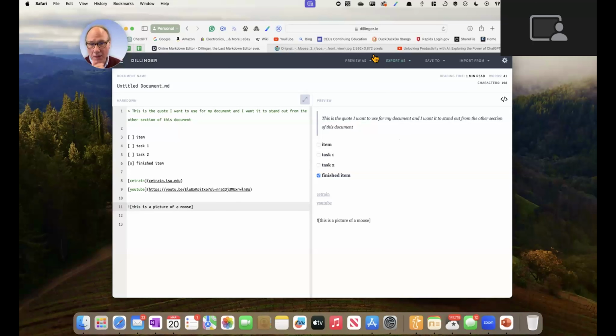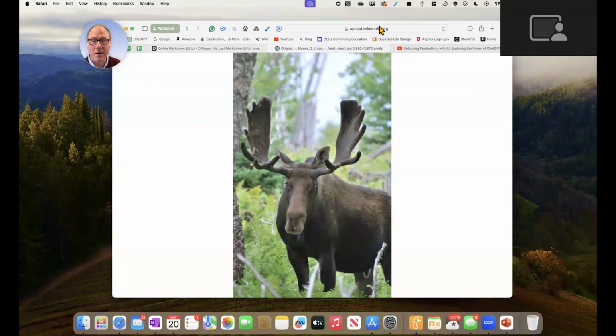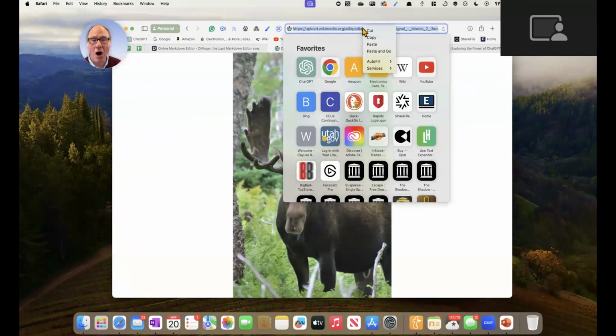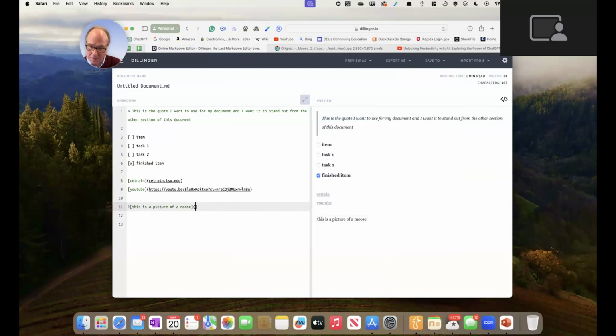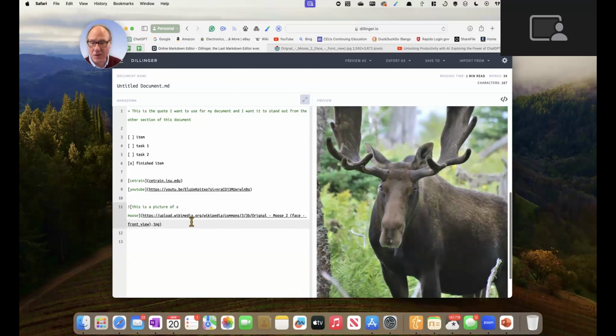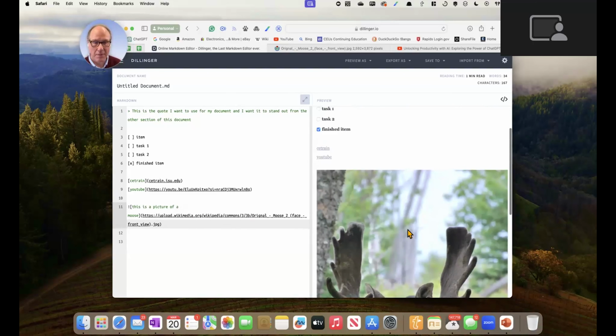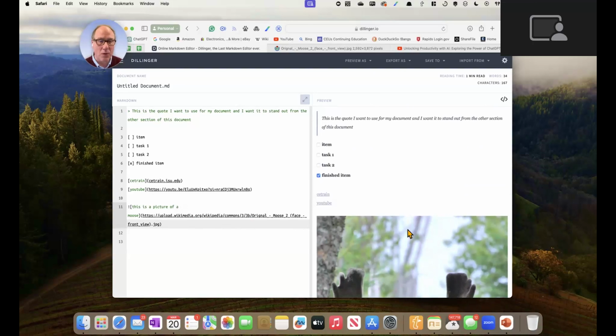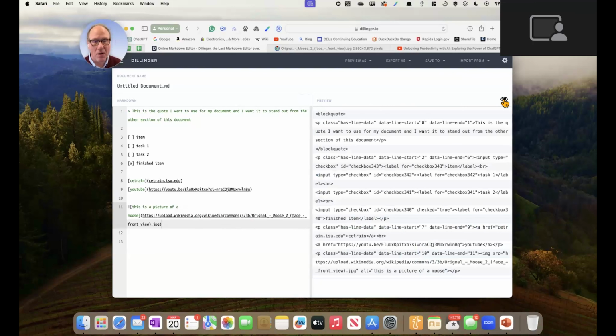Okay, and then I'm going to go to a web page that I already have here. I'm going to go up top and copy the address for this image, go back to Dillinger, put the parentheses in. Again, it already closes it in, so I just have to paste this in, Control V, and then I've added my image to my document. Okay, again, I could PDF this out, or if I'm creating a web page, if I go here, I can see the coding for that web page now.